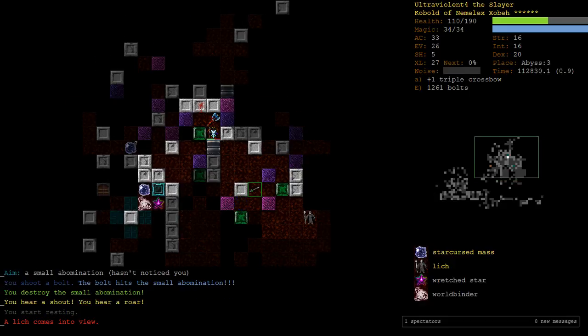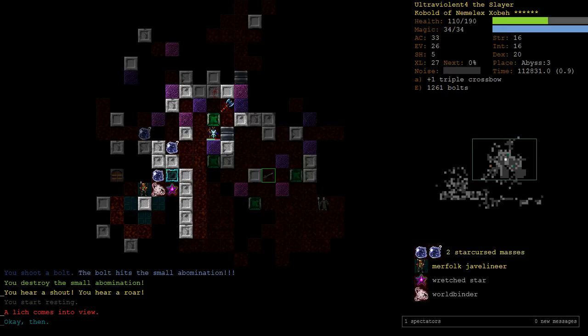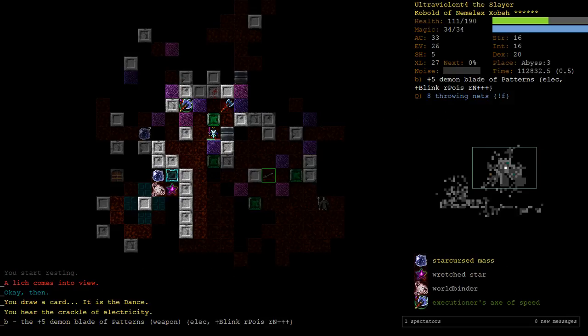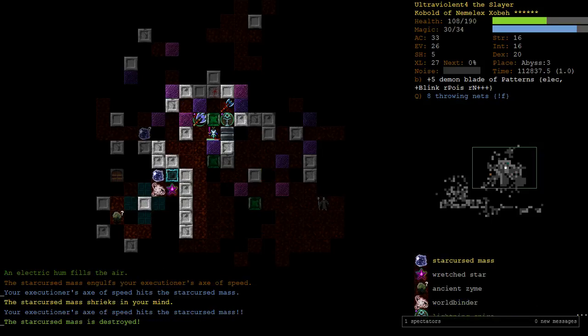Okay, there's a new lich, and he has seen me. And there's a new Starcursed mass, and he has seen me. Or, well, he hasn't, but he's about to. Let's go a legendary summoning, perhaps. Alright, so we got an Executioner's Axe of Speed that should be able to deal with Starcursed masses, while I just...